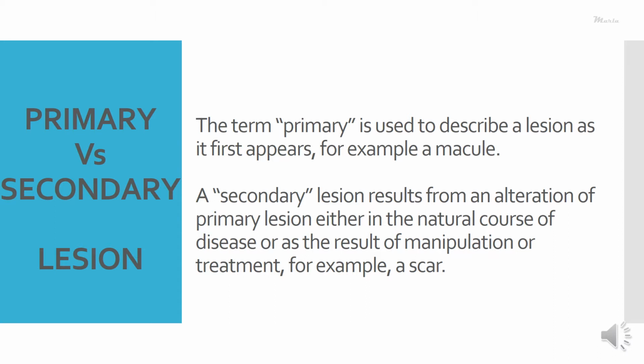An example of a primary lesion is a macule. On the other hand, a secondary lesion is one which on clinical evaluation shows an appearance which differs from the first appearance of the lesion. So there is an alteration in that particular lesion and it has shown some changes from its initial presentation to its current presentation, such that it is referred to as a secondary lesion. A scar is an example of a secondary lesion, which initially would have been an ulcer which, due to its natural course of healing, has converted into a scar.